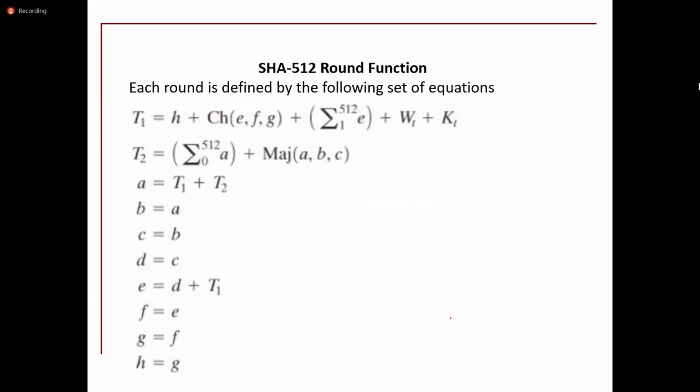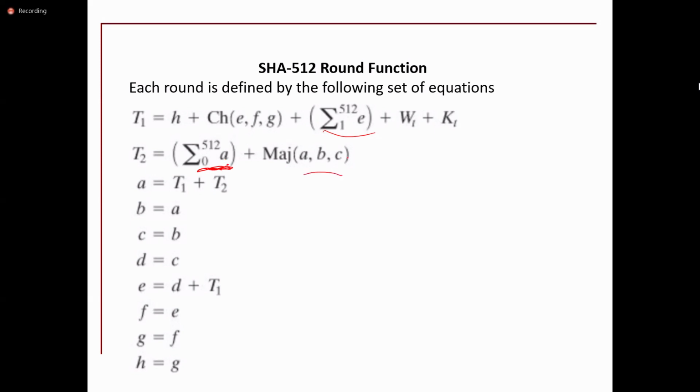Next, it is going to apply the summation of all 512 bits and then it is going to take T2. So T2 is the summation of A. So all 512 bits of buffer A will be added, and then it is going to take